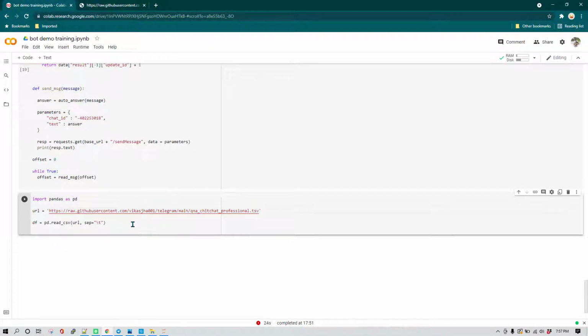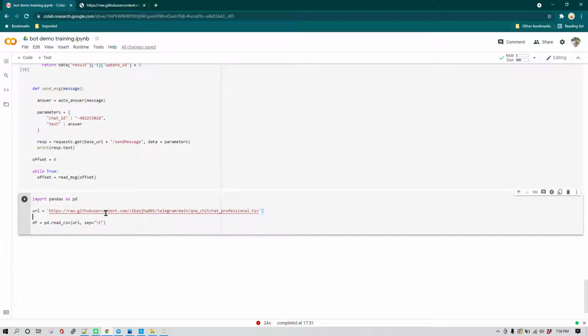Then we are using a pandas data frame. If you know about pandas data frame, it's going to be excellent and very easy for you to understand. If you don't know about data frame, it is basically a simple way of handling structured data, data which has a number of rows and columns. So this is how you read the data. Here you are creating a data frame variable, and you are saying pd dot read CSV and URL.